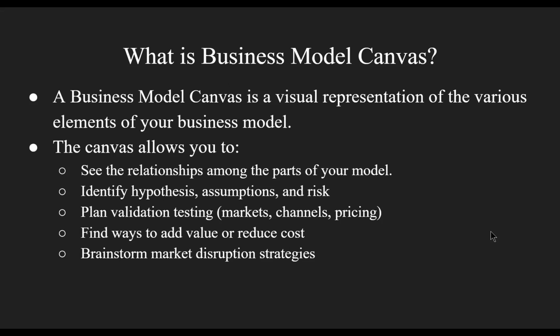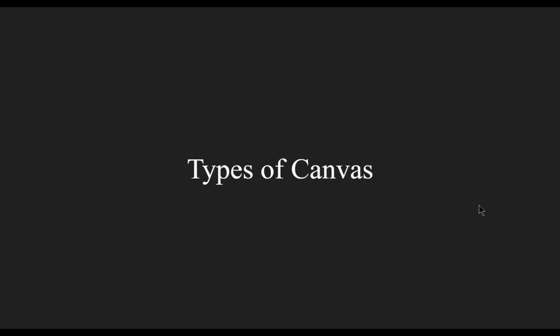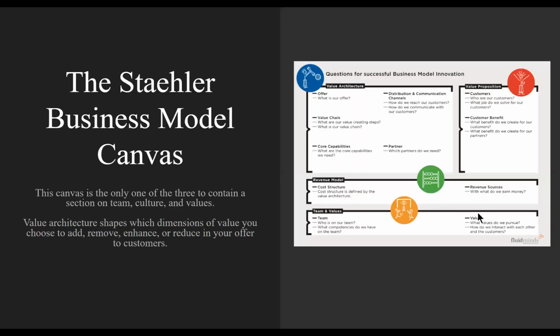So the business model canvas basically helps you see all of these things and many more things on a written piece of paper, for you to be able to look back into and see the projection of your business or your product or your company. There are 3 types of canvases. You could use all 3 of them.